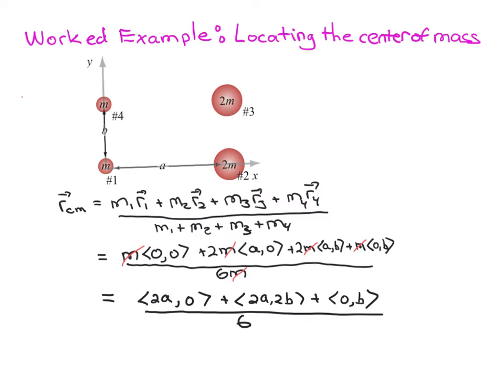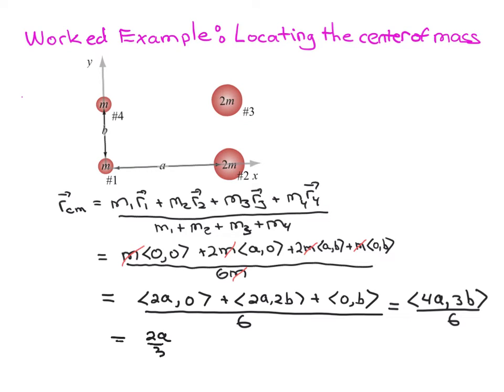The first term, 0, 0, goes away, of course, and then multiplying out the other three terms, it's all divided by 6. Adding up the terms in the numerator, we get 4a, 3b, divided by 6,